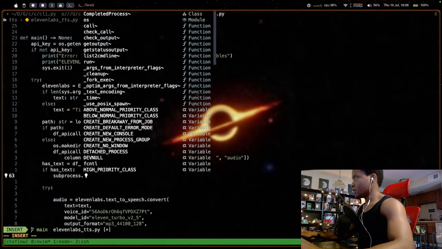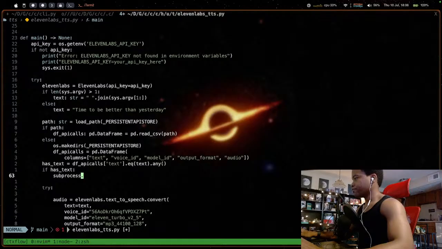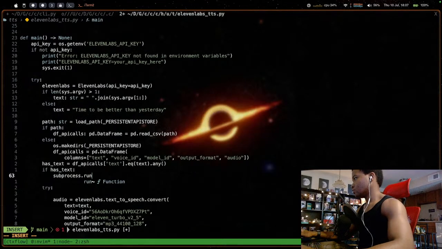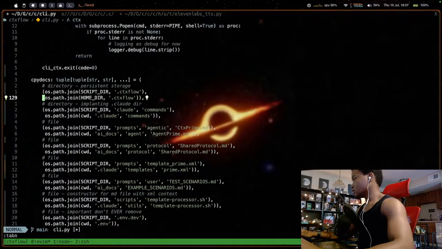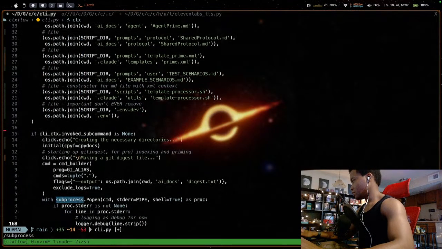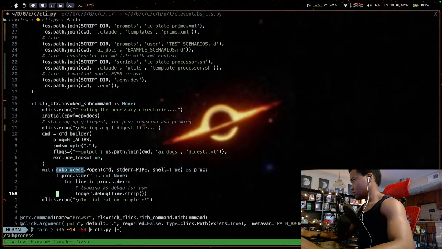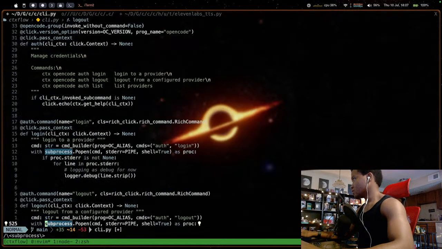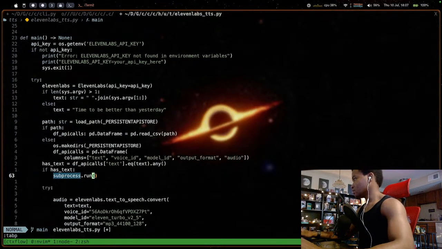Subprocess died. I don't really care at all with alpha. So subprocess died. What does it run? Actually, I'm just gonna copy and paste this. Yeah, we don't want to do Popen though. I think it's just run in my case.